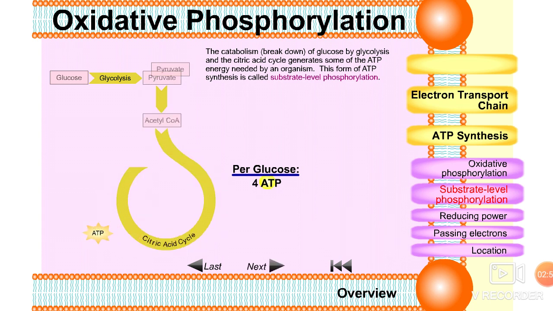Here, through glycolysis, from one molecule of glucose, two pyruvates are produced. Now two pyruvates enter oxidative decarboxylation. Through oxidative decarboxylation, two pyruvates are converted into acetyl CoA. Now the two acetyl CoAs participate in the citric acid cycle. Through the citric acid cycle, from two molecules of acetyl CoA, two ATPs are produced. As a result, from one molecule of glucose, by the complete oxidative process through substrate level phosphorylation, 4 ATPs are synthesized.